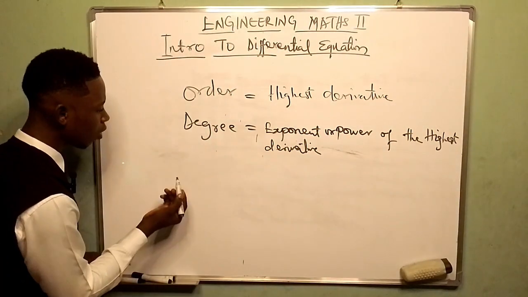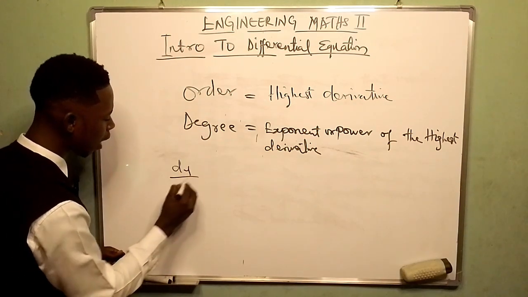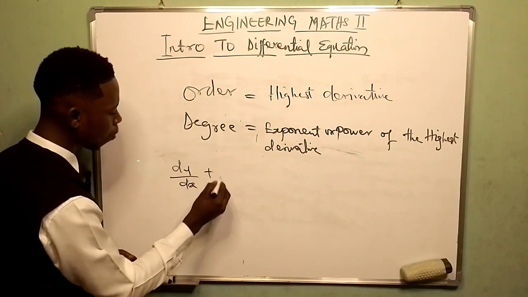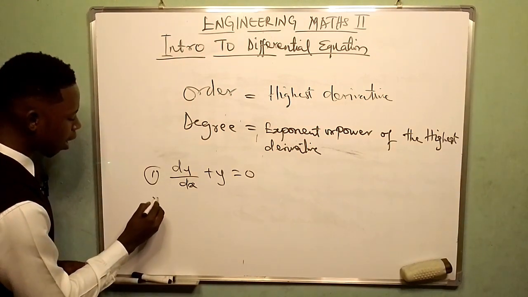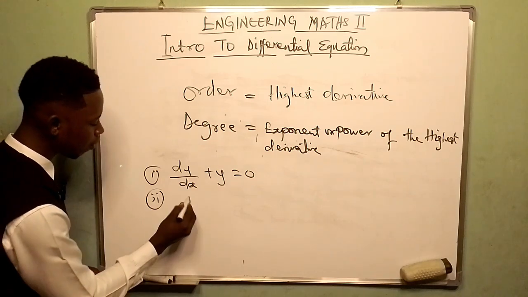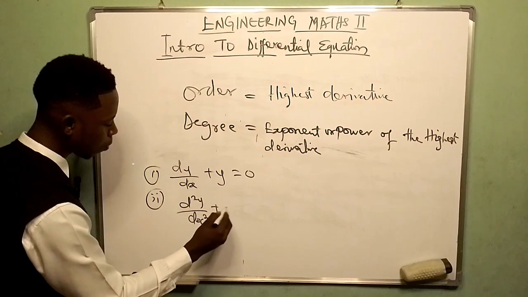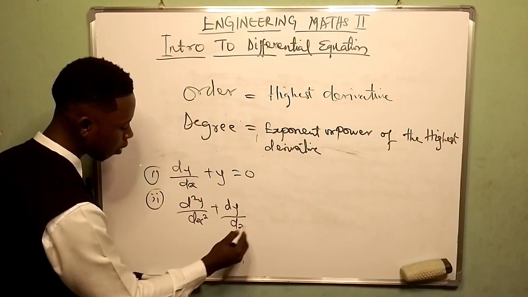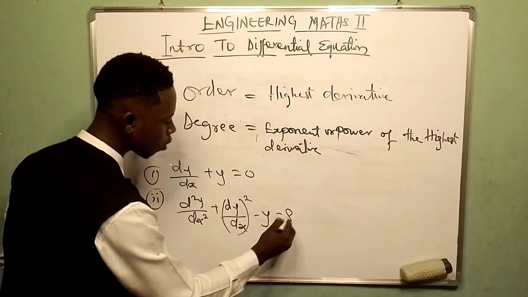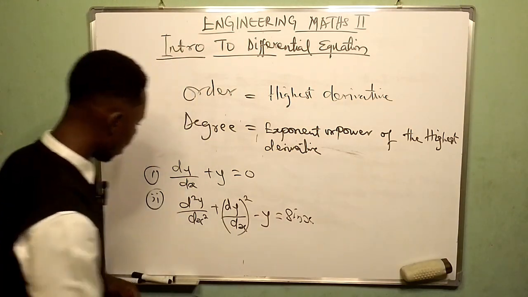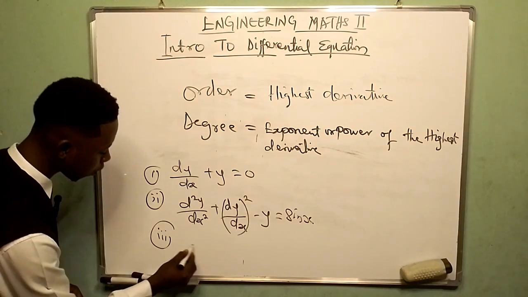Now, let us check for the degree and order of these functions. We have dy over dx plus y equal to 0. And then we have equation 2: the square y over dx square plus dy dx all to the power of 2 minus y equals sine x. And then the third one, let's check for